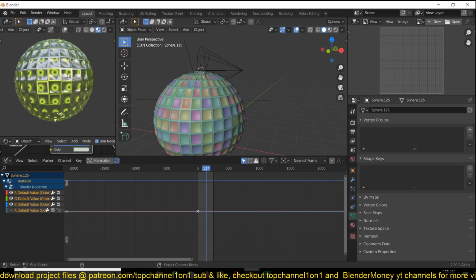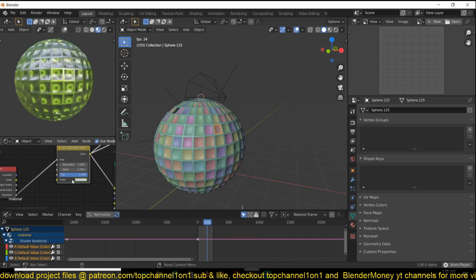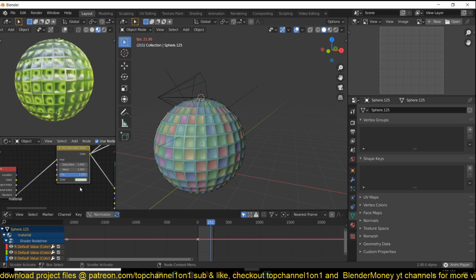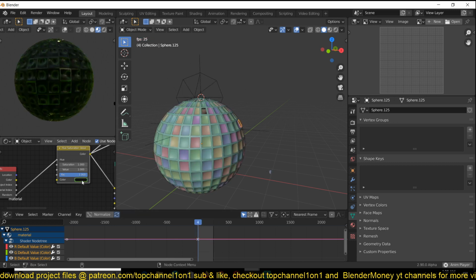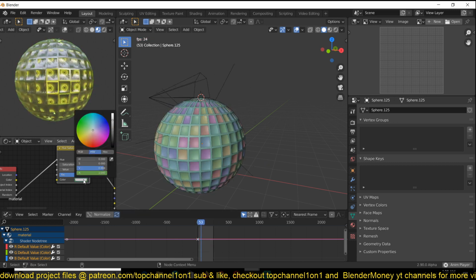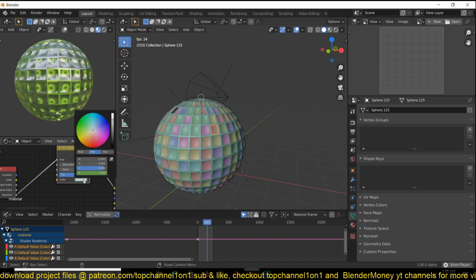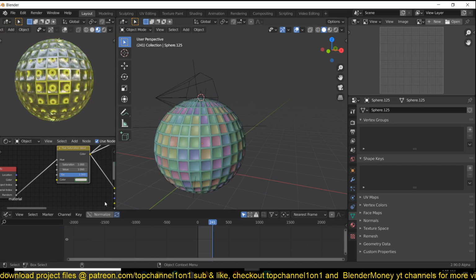What's happening is that we're not getting the random colors anymore. I don't know, maybe the colors are not bright enough for some reason. I see what's going on.